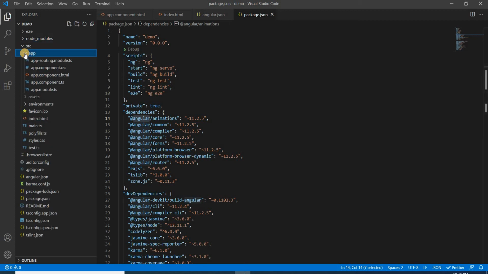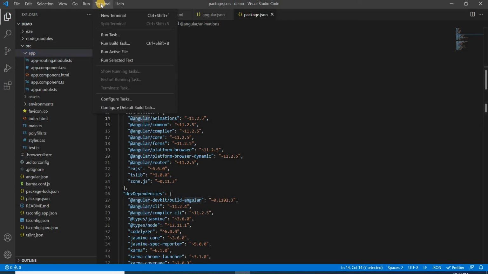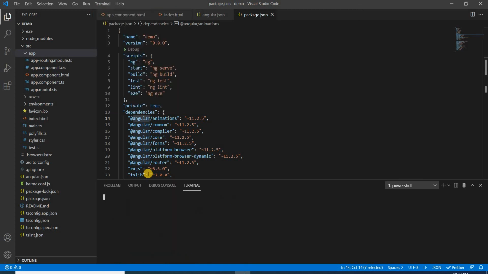So in this video I will just cover the basics about the folder structure. Next we are going to convert this particular hello program project to some other values. First I will run this particular project. To run it we will go inside the terminal, click on new terminal, and here you need to run the command to build and run the application. That command is ng serve. We can even customize ng serve in our configuration file, so that instead of ng serve we can write ng run, but the standard command is ng serve.